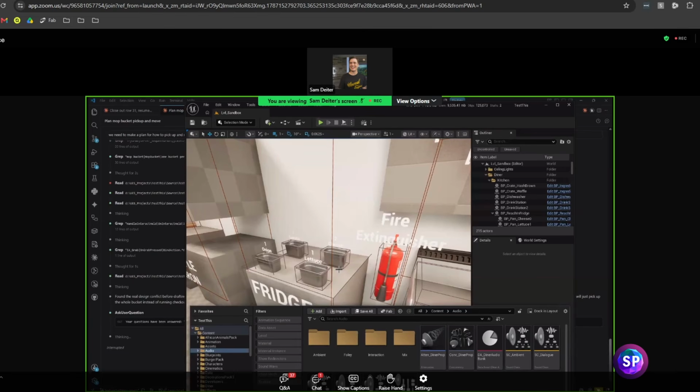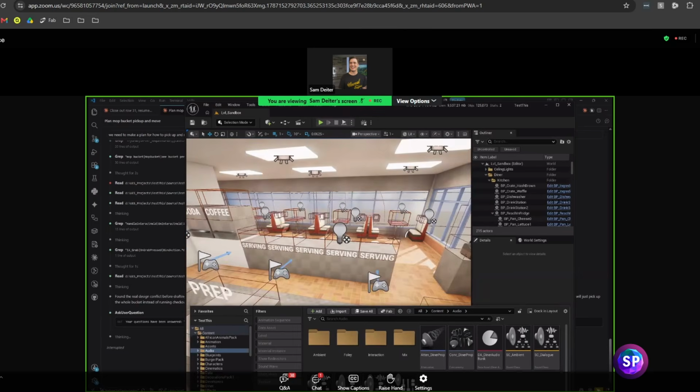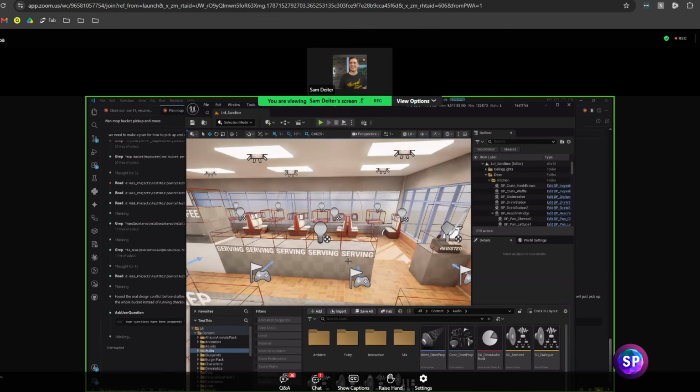In that case, I had to actually physically go back in and tell it, hey, no, I don't want you to make this with HLSL. I need you to make this with the material nodes. Everything that you've seen in here, I had the Claude coding agent help me build.